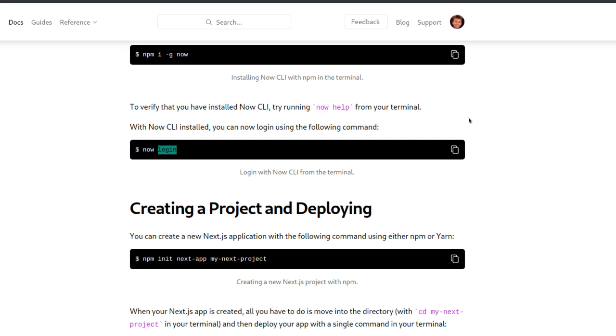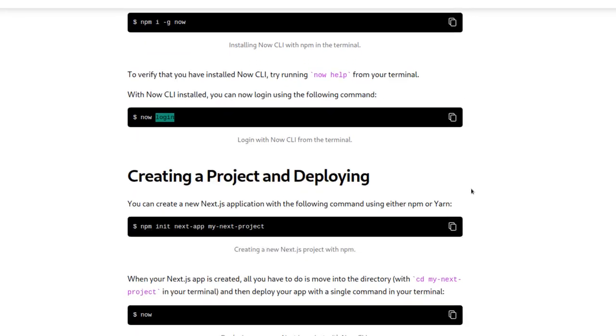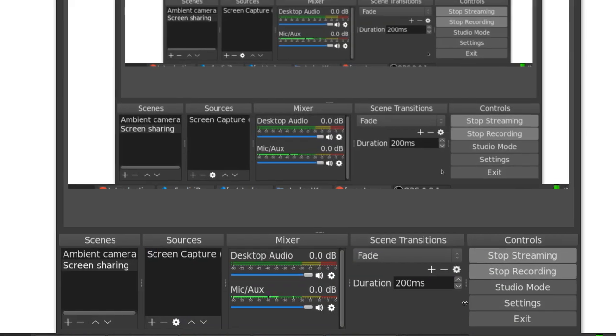So once you've created your account, in your terminal you'll need to type now login. And then the top, it might be the website, it's got a little black triangle. Okay, I'm going to pause the